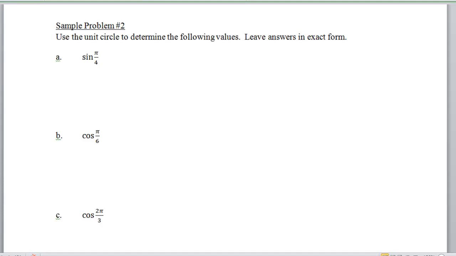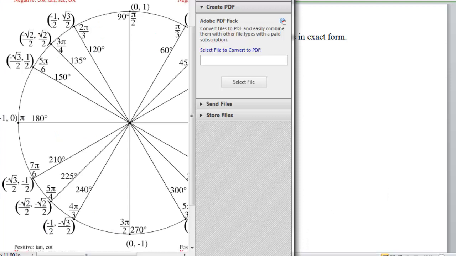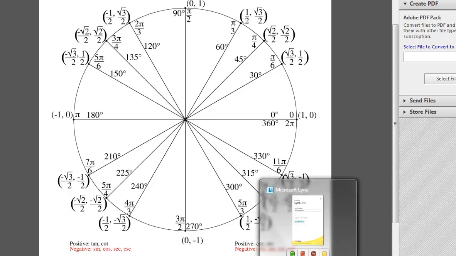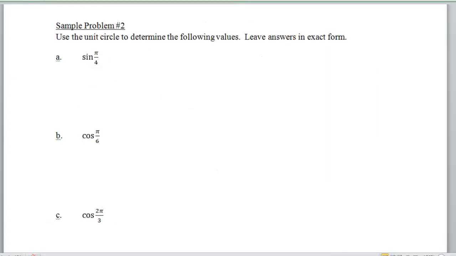Now, it would be handy, when you're working this problem, to have this document in front of you. Hopefully by this time you've had the opportunity to fill this out at least once, and I would definitely take the time to pull a blank off Moodle and practice filling this in until you get comfortable with the patterns around the unit circle and understanding each of those. But for the time being, if you don't know it yet, just keep it in front of you as you work these particular problems. And so if we look at this, it says for us to find the value of